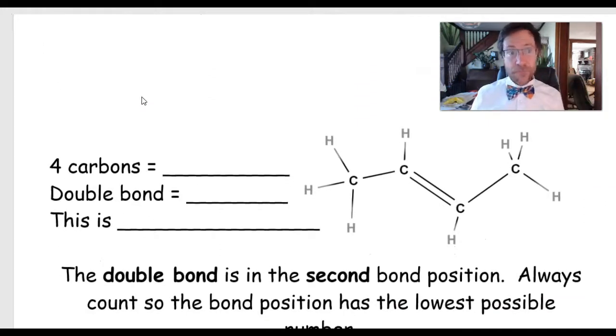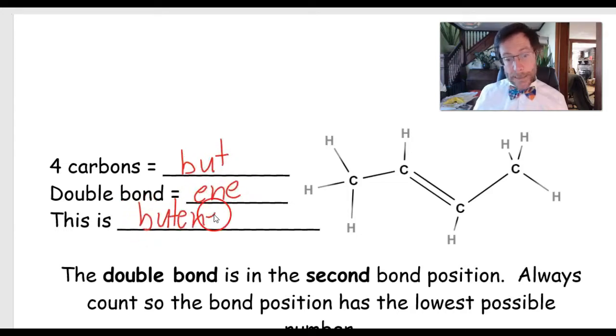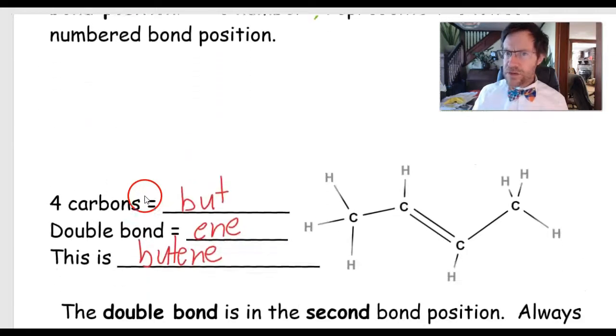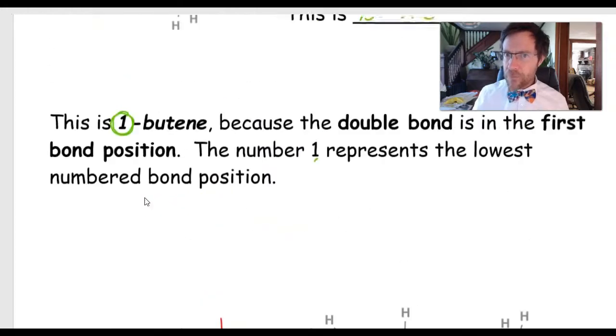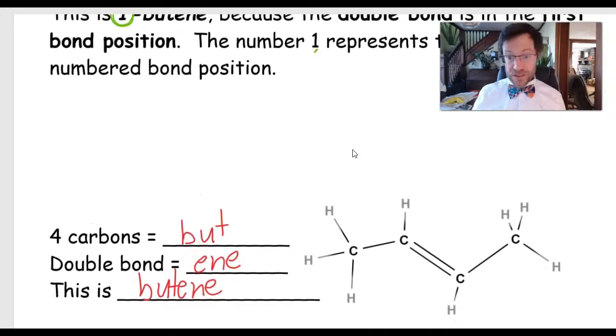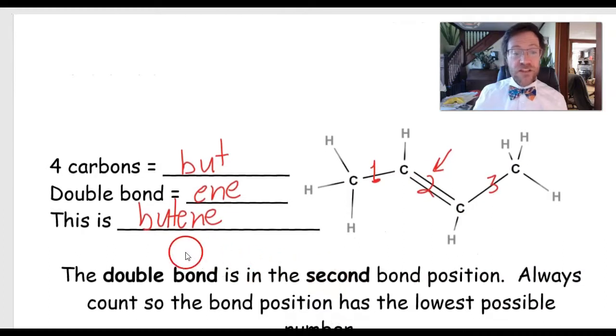Now let's check out this guy. Very, very similar, yet very, very different. All right, 4 carbons. This is going to be but-. Double bond, -ene. Butene. There's a problem. See how this is butene? See how that's butene? You can't have 2 things with the same name, remember? So I'm going to come up here and correct this. Remember, this is 1-butene. This is 2-butene, because my double bond right here is not at the end. See, this is bond position 1, bond position 2, bond position 3. So this is going to have to be,